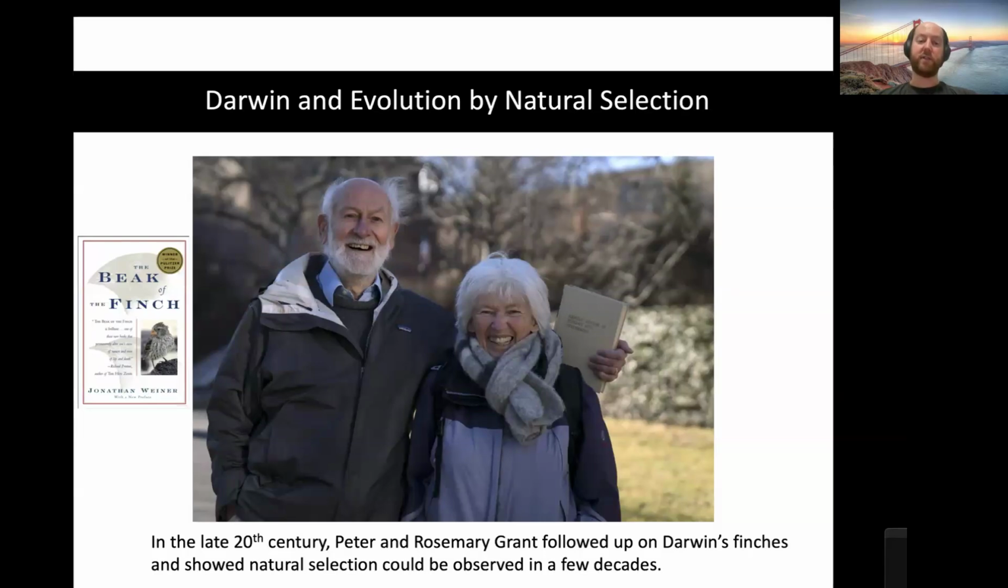In the late 20th century, Peter and Rosemary Grant followed up on these finches, did a long-term study on Darwin's finches in the Galapagos, and showed that in times of scarcity, those finches which have beaks best adapted to food obtention on a particular island tend to have a larger number of offspring, and that has a significant effect on evolution within a few decades. It's absolutely fascinating that Darwin's finches were an initial observation, but it's been followed up, and there's substantial data to back up the idea that these finches are clearly a product of natural selection.